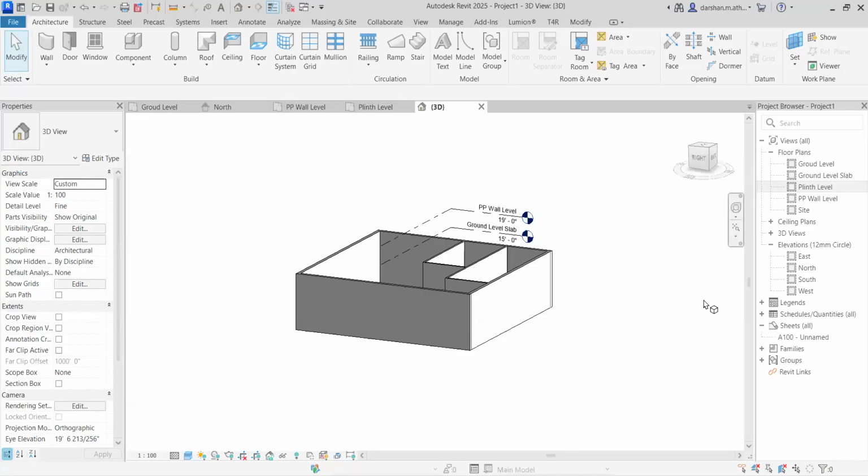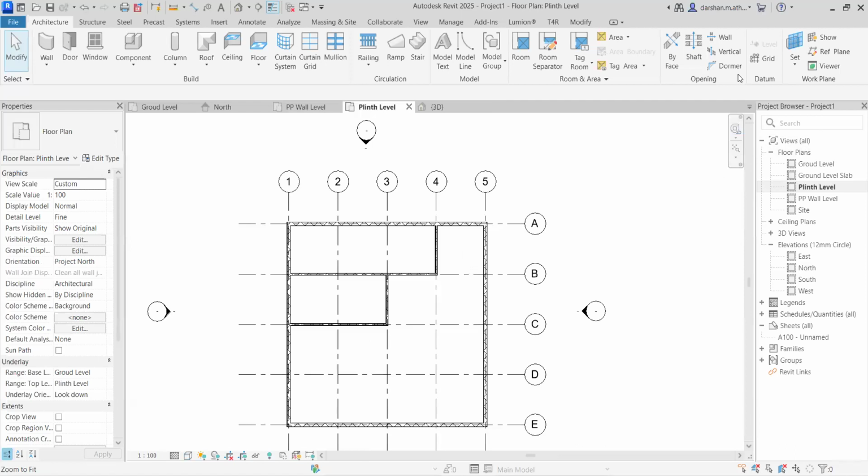So next one is that to see how many types of walls are there, how it is going to be used in our particular projects. Okay. So what I'll be doing, I'll be going to link level. On whichever level we have to work or a floor plan we have to work, we have to activate that particular floor plan. So how we are going to activate that particular floor plan is that